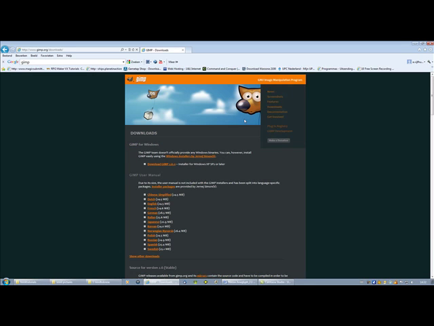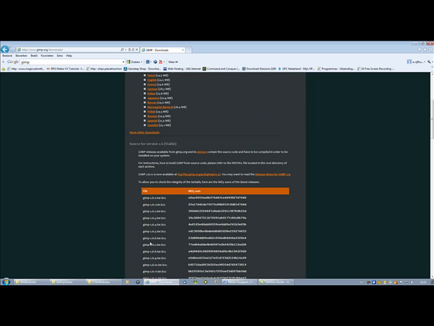Download. Now you come to the download page. Here you see the installer for Windows XP or later. So Windows 7 is not a problem. Here you see the different languages. Now I ask you to please download the English version, because then you can follow it in my book. Later on you can change it to your own language or the language you know.